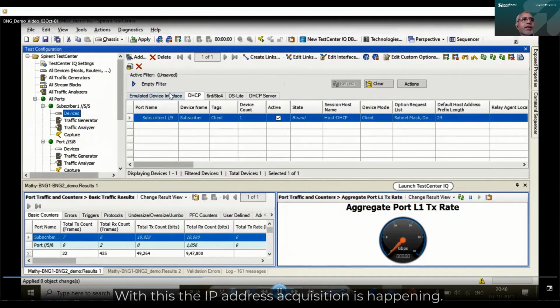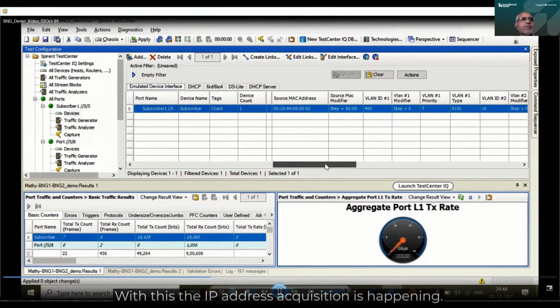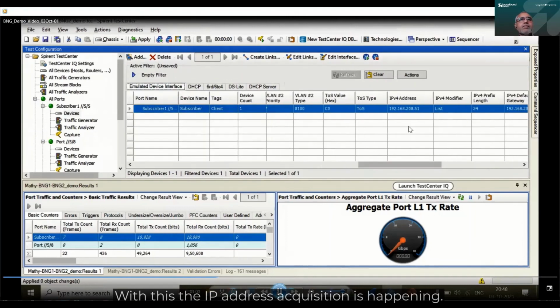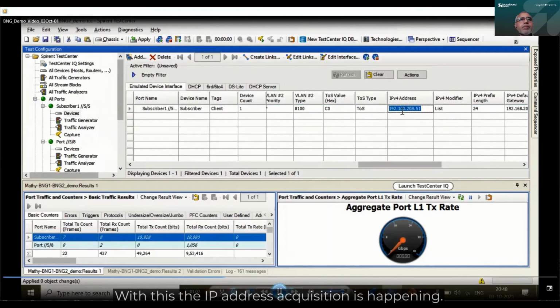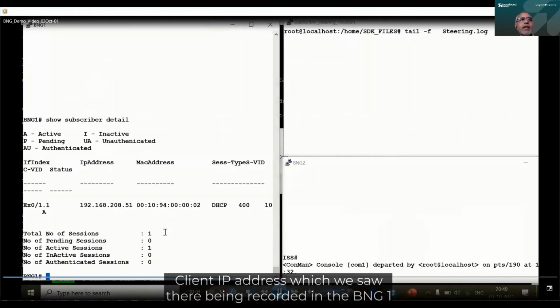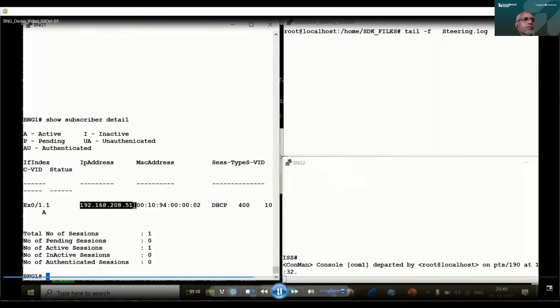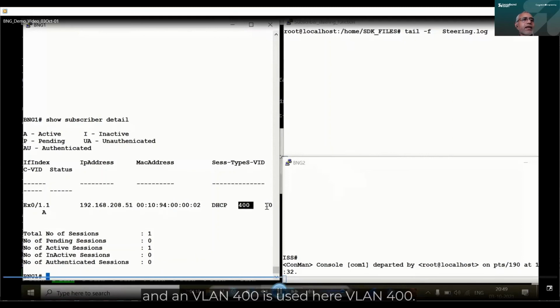With this, the IP address acquisition is happening. The client IP address, which we saw there, is being recorded in the BNG1. The IP, MAC, and an SVLAN 400 is used here, SVLAN 400.